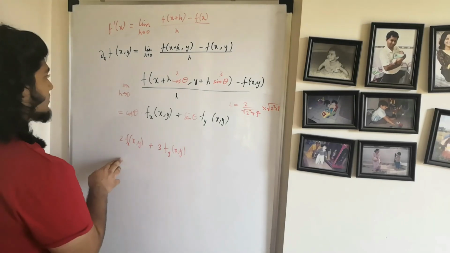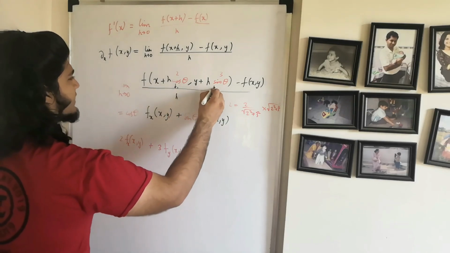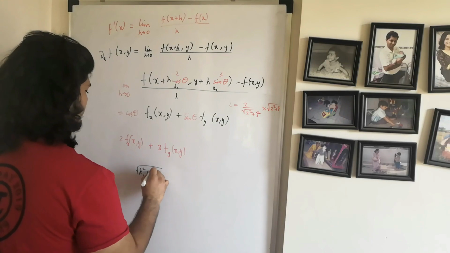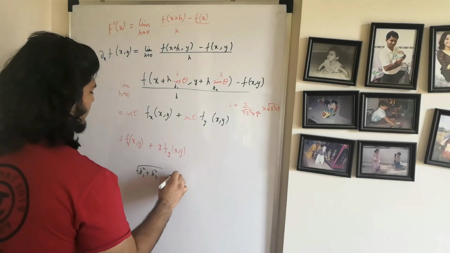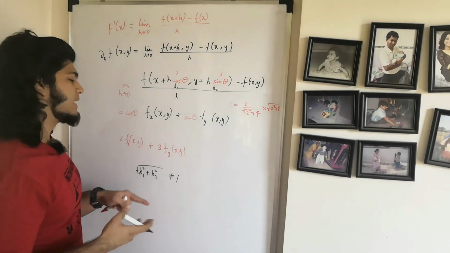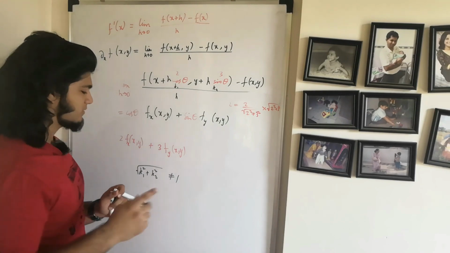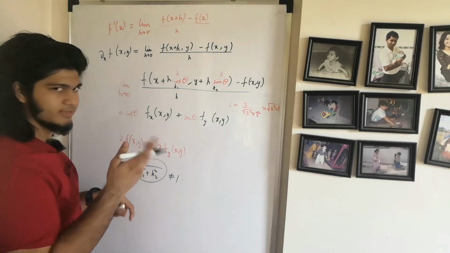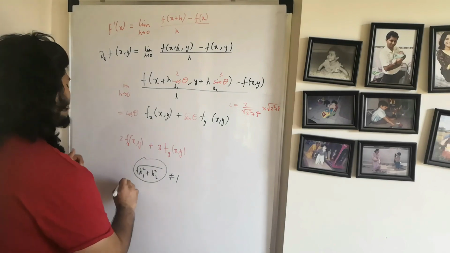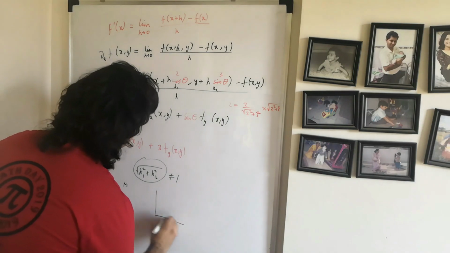But if you have some two numbers, let's say in general k1 and k2, and the square root of k1 square plus k2 square is not equal to 1, then you will lose that nice interpretation of it being a slope, because this will in fact be this factor times the slope. So if the slope of the graph along that plane is m,